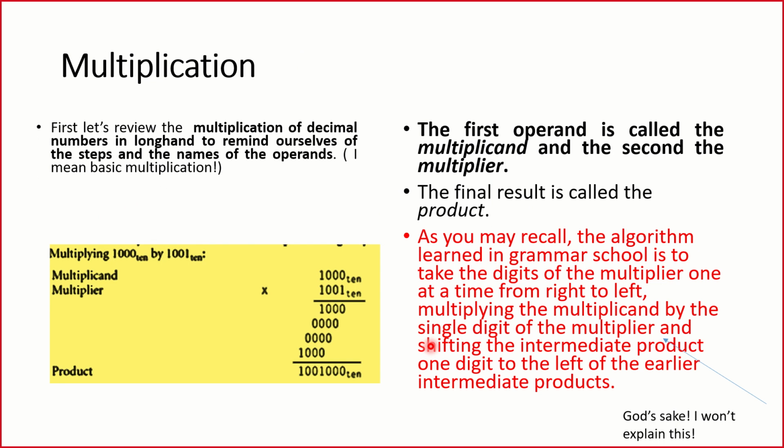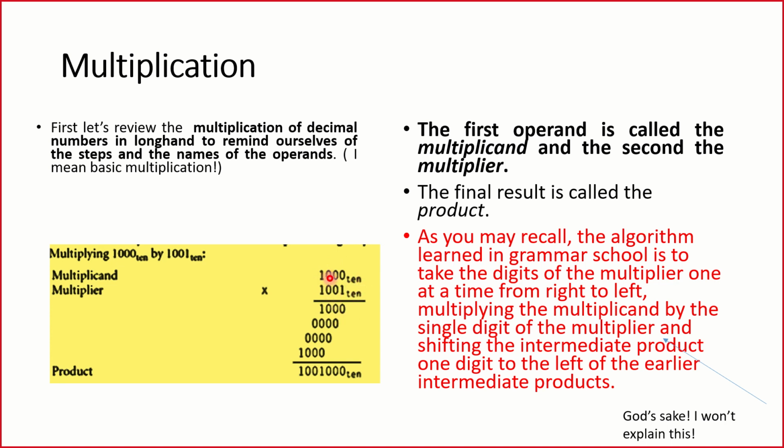We need to understand how exactly multiplication was done during our earlier days of schooling. How do we do it? Very simple. I'm going to take two things. Many of us might not remember this: multiplicand and multiplier. I have the first term called the multiplicand and the second term called the multiplier, and we are going to use this. So how do we do it?